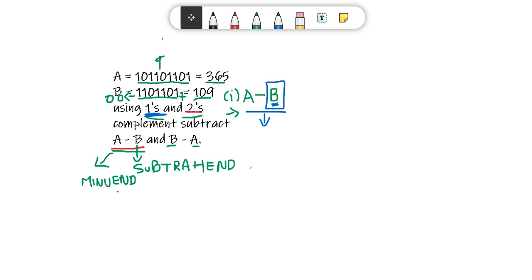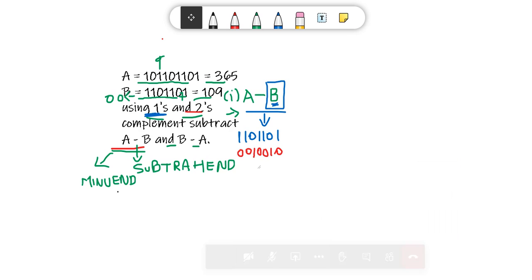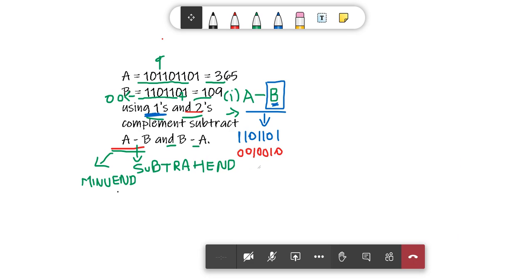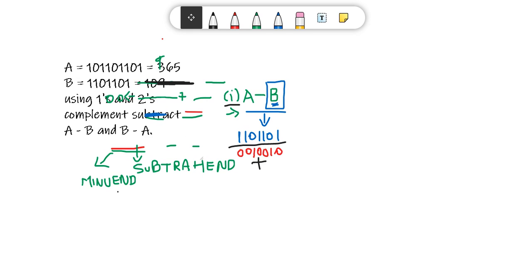Now I'm going to add this to the actual number, which is the minuend. How do I do that? One second. So I'm going to add this to the number.